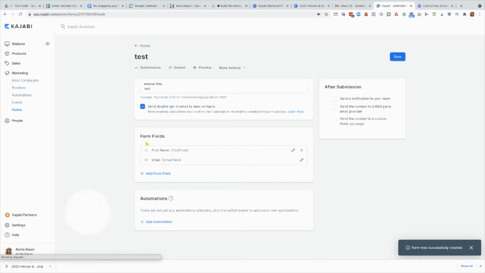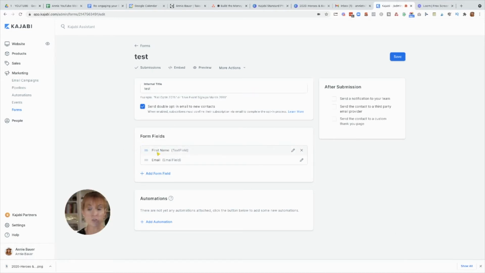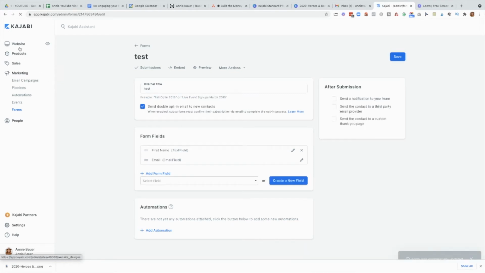And then the form is just what you're going to have them put in. So I usually don't on forms ask for more than a first name and an email address, because the more boxes that you have them ask for them to populate, the lower your conversion rates are going to be, because most people don't want to spend a whole lot of time on your landing page giving a lot of information. So this would be where you would build your forms. It's under marketing and forms. You would build your form and then you would name this, and you would see that whenever you get ready to use that form,